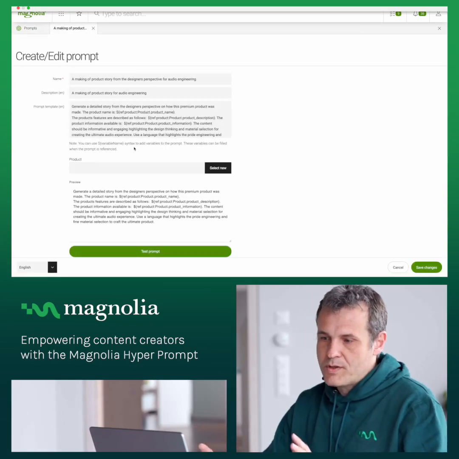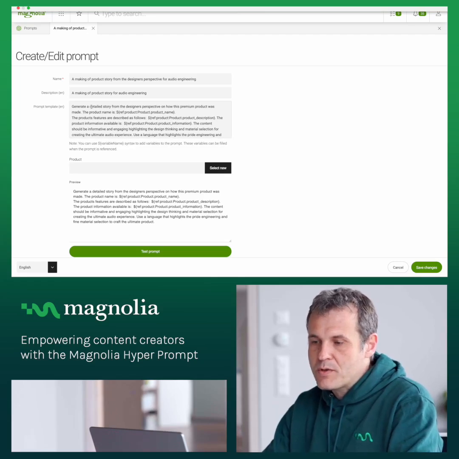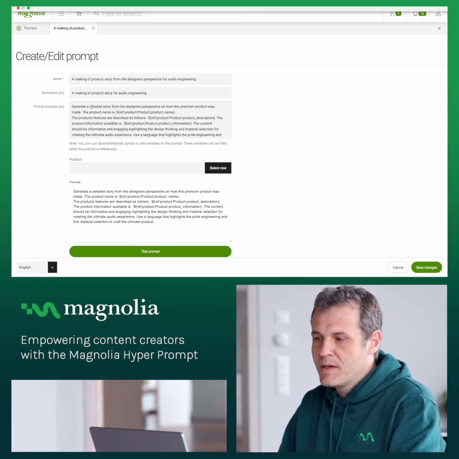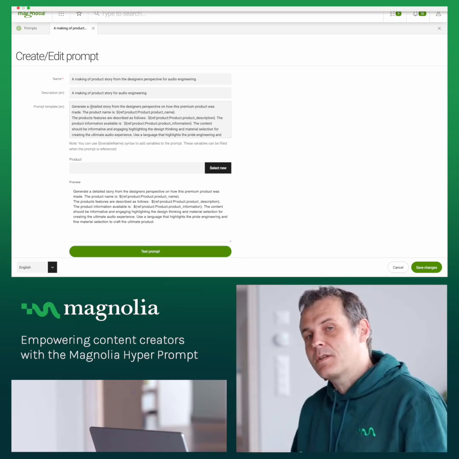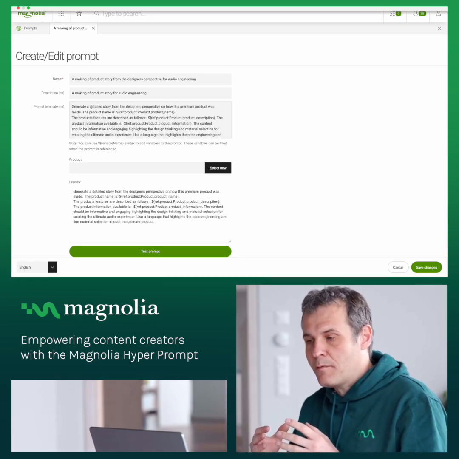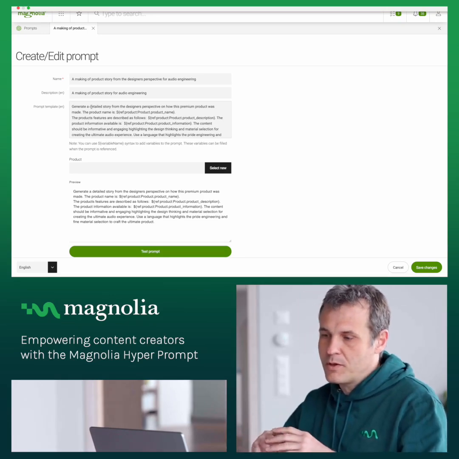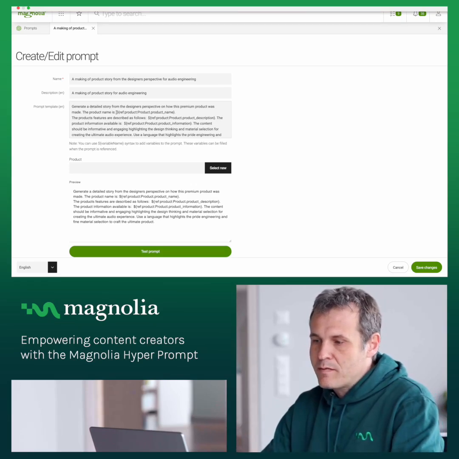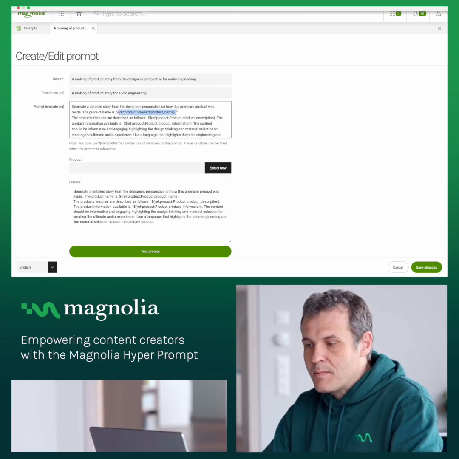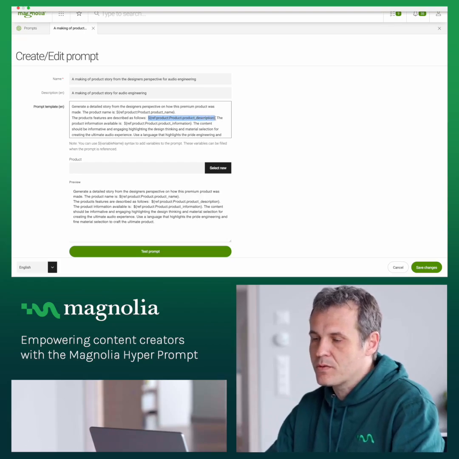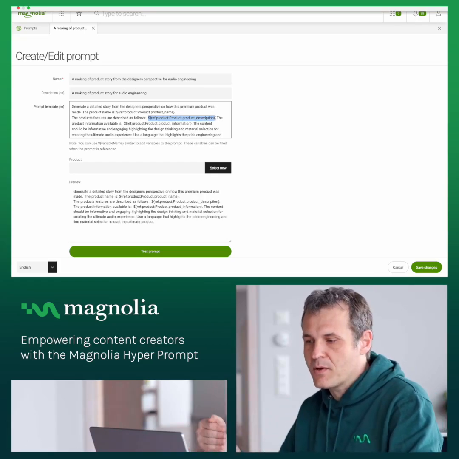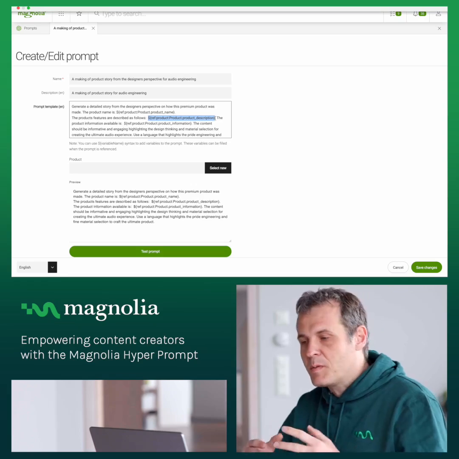For that, we just created here a prompt where we're just going to ask to generate a story from a designer's perspective, how those products are made, and to bring in basically the facts for the full content production process. We have now the capabilities to tap into any data source as we see here. Pretty simple. You're just going to use your workspace, your connector, and then this content will be part of the